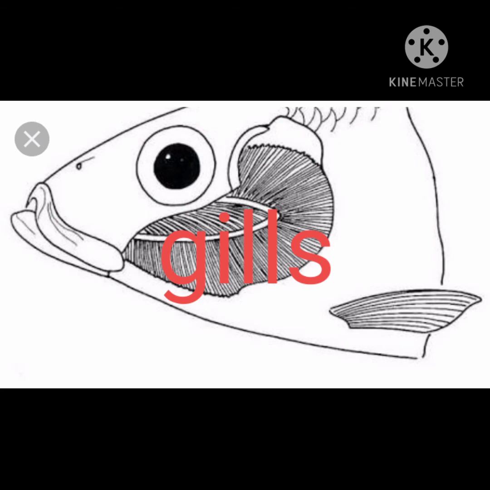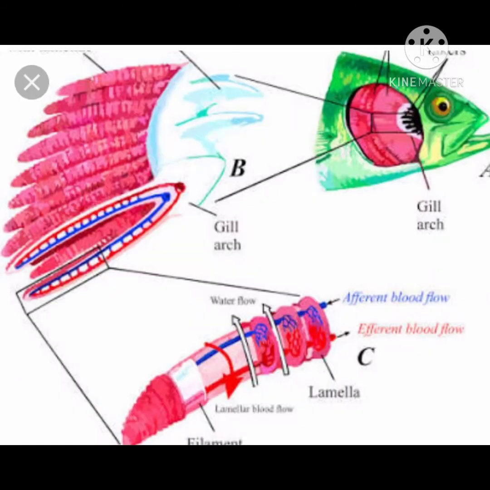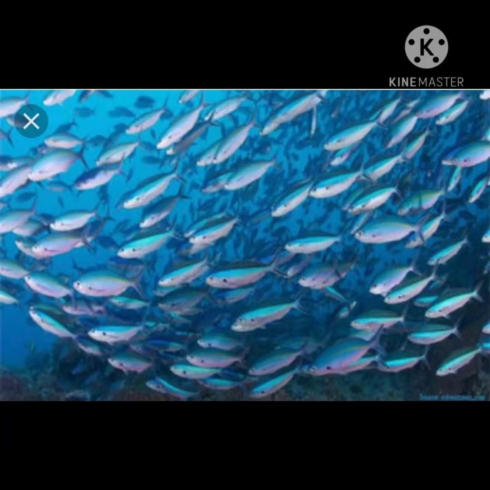Also their body is covered by scales. Did you notice that at the time of cleaning or cutting of fish? When we look at that, we can see the skin of the fish is covered by a number of scales. Before cooking, we have to remove all these scales and waste from the fish. At that time it is very clear. These scales protect the fish from external injuries, minor injuries and infections, and also help the fish to swim easily in water.